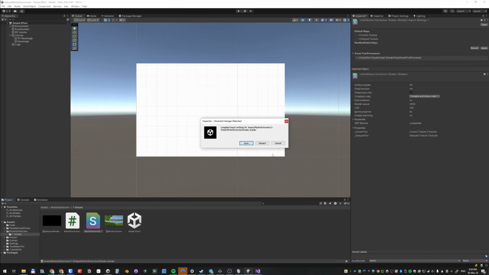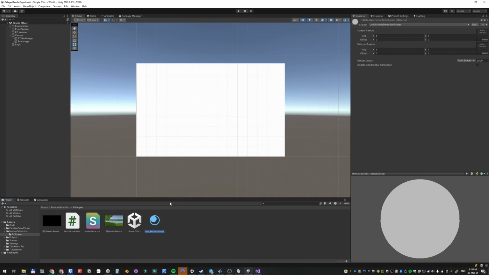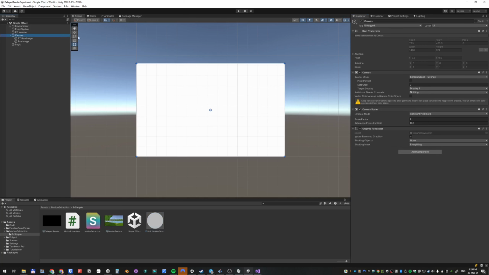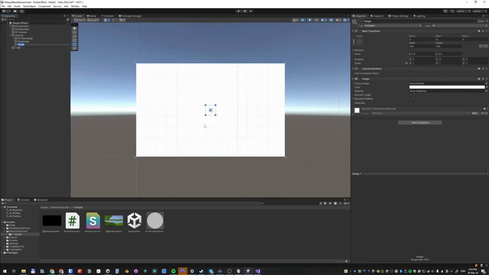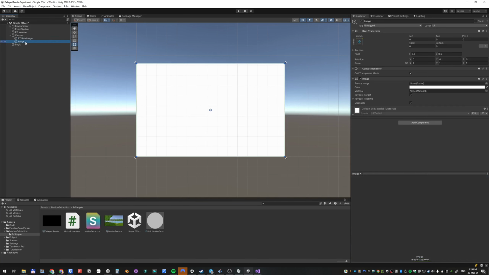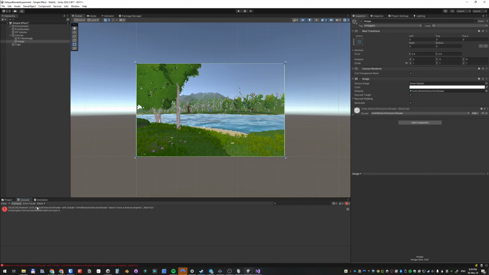So what we can do is, yes, save the shader. What we can do is we can create a material. There it is. And we assign both render textures, 1 and 2. Now what we can do is we can create a UI image, stretch it, we can remove the old ones. Actually, let's keep this one. And I think we can just assign the material. Yep, there it is. Except,